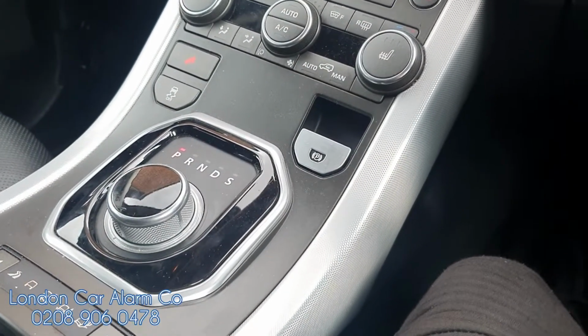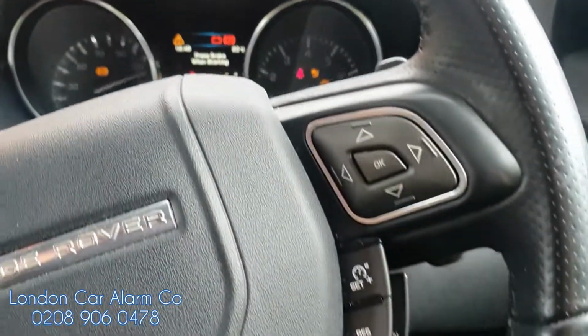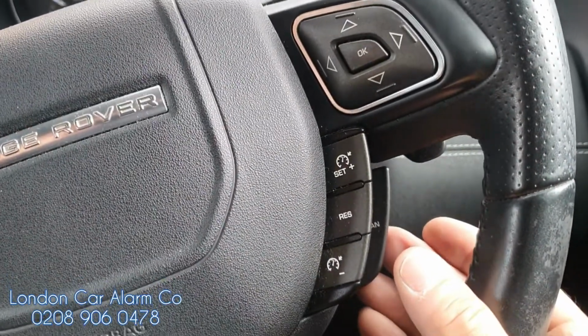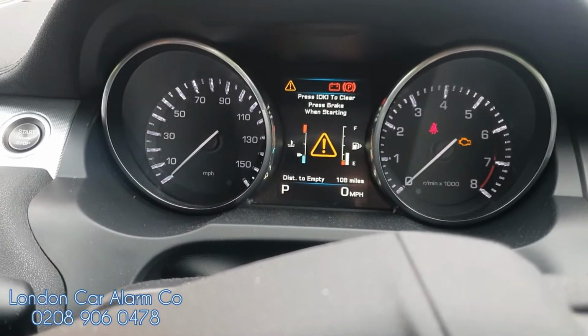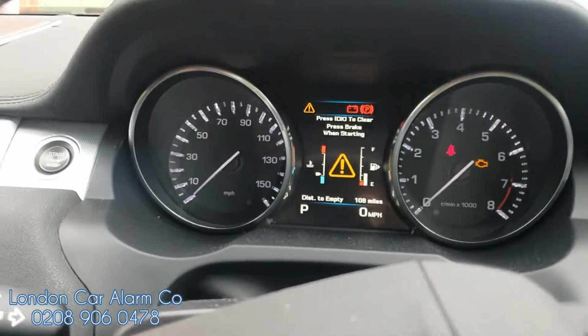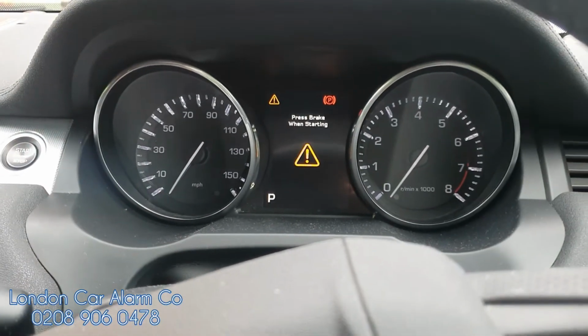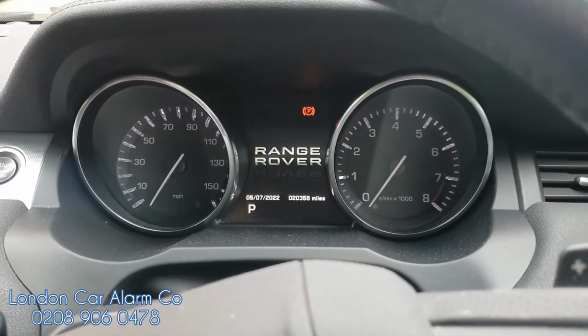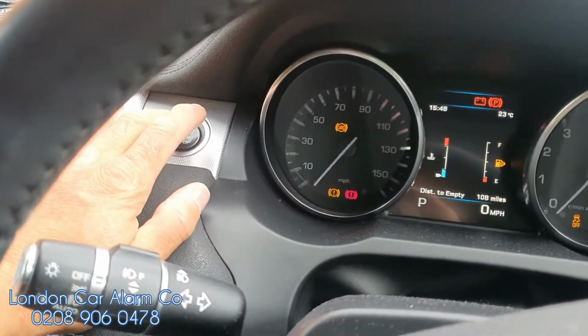Okay, when you get the vehicle back, to take it out of valet mode, as always, just main ignition on, disarm push sequence, so 1, 2, 3, 4, which we're going to change for the customer, double flash, and now it's out of valet mode. When I turn off the ignition now, within 10 seconds or less, it will activate. So if I start it again this time, you'll see